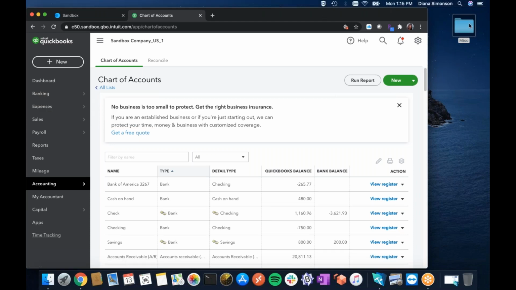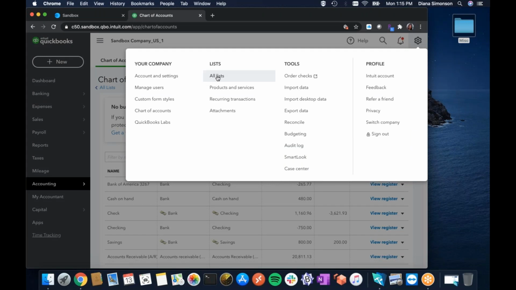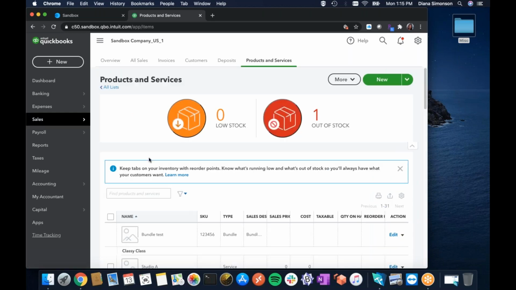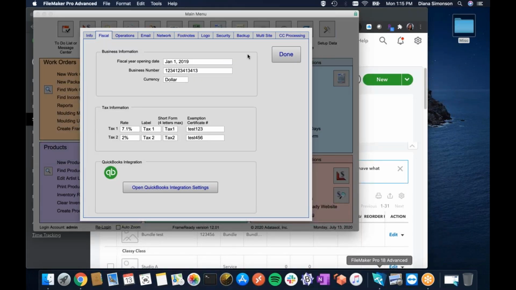The way I usually get to my products is I go under lists and products and services, and that's where I enter my products in QuickBooks Online. Back in FrameReady,